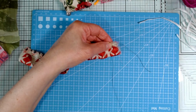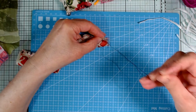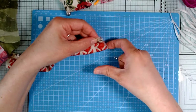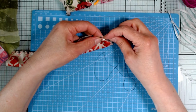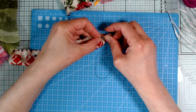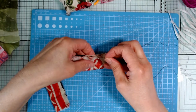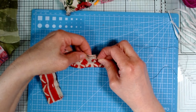So I'm just going to give myself less than a centimetre, about half a centimetre, quarter of an inch-ish seam allowance. Let's do a few double stitches just to start me off. As I say, I suppose if you're not lazy like me, do a little back stitch or whip along on the sewing machine. I'm going to do a tiny running stitch like this, and I think that's enough. This is not a seam that's going to take any strain at all, so